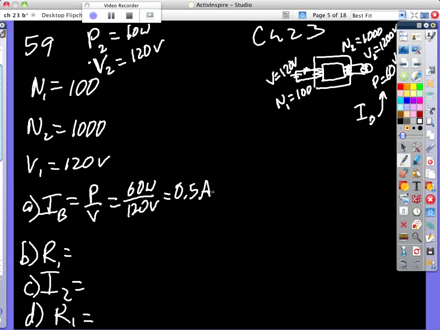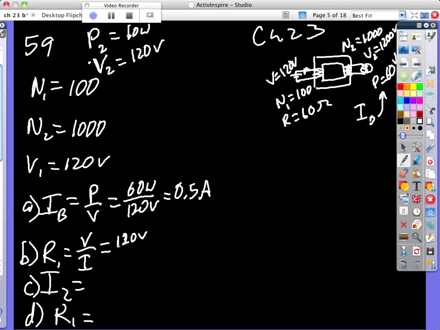For the second part, they're asking what is the current on this side if you put a 60 ohm resistor there. Well, this is even easier. I just use Ohm's law. V is IR, so R is V over I, and V over there is 120 volts,